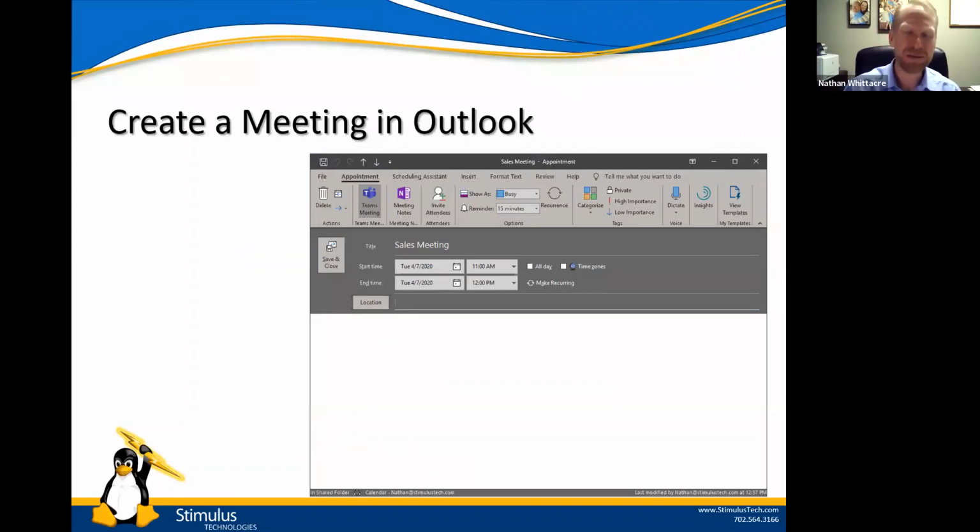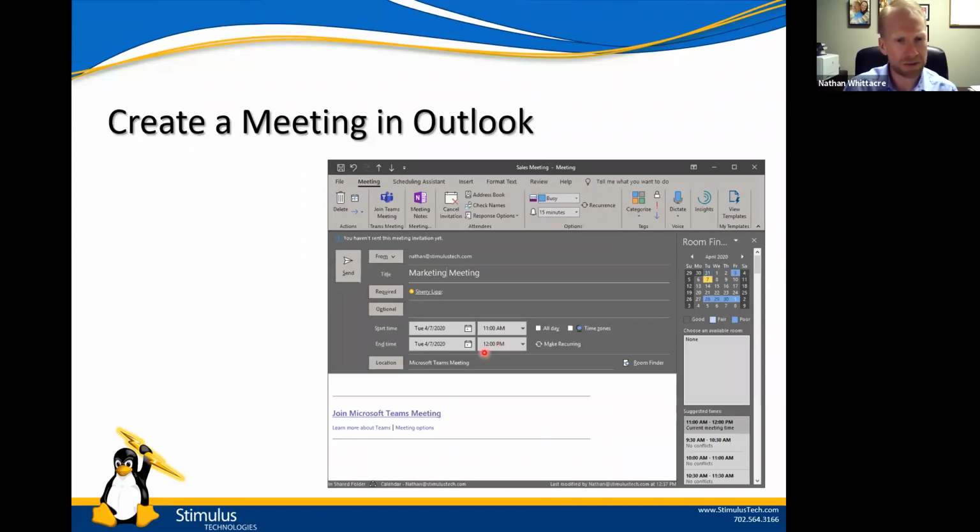You can create Teams meetings inside of Outlook. If you remember, I mentioned before, because it's all part of the Office 365 ecosystem, Outlook and Teams are connected. So when you create a calendar item inside of Outlook, there's a little option you'll notice it's popped up recently, again in the last couple of months, to create a Teams meeting. So you click on Teams meeting, and then if you notice, it brings up some additional options here. Down at the bottom, it automatically puts in this join Teams meeting as part of the body. The location shows up as Microsoft Teams meeting,